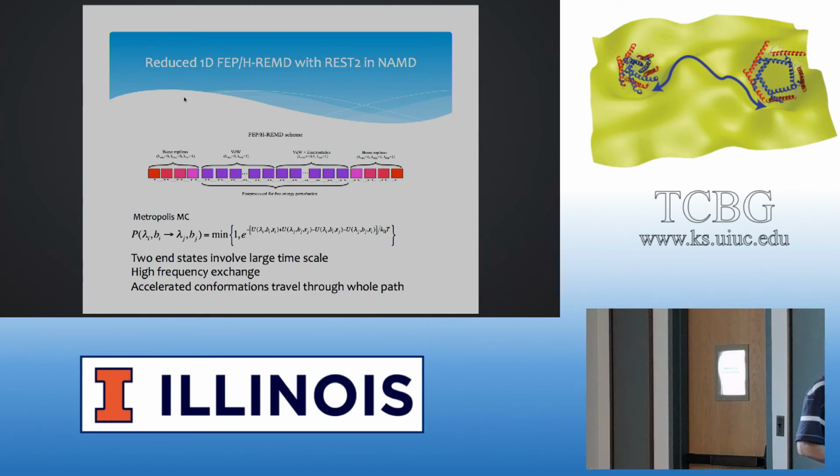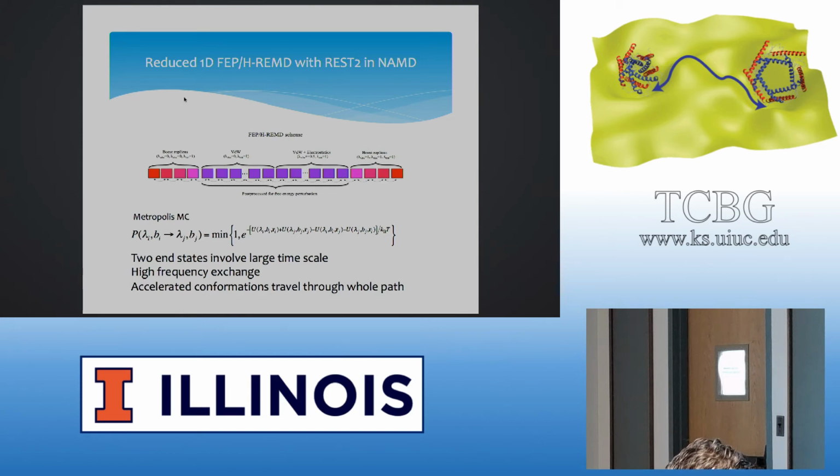This is the final effective simulation model. Essentially, this is still a 1D free energy perturbation, but at the end state, this is the holo state. We further attach 4